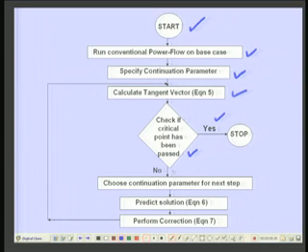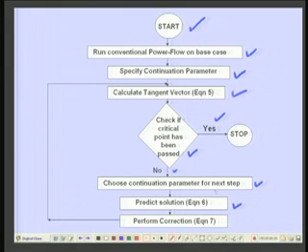Otherwise, choose continuation parameter for next step. In the first step, the continuation parameter was chosen arbitrarily, and I told you that we can choose the load parameter as the continuation parameter. But now, once you have this tangent vector, we can choose the continuation parameter. Then after choosing this continuation parameter,